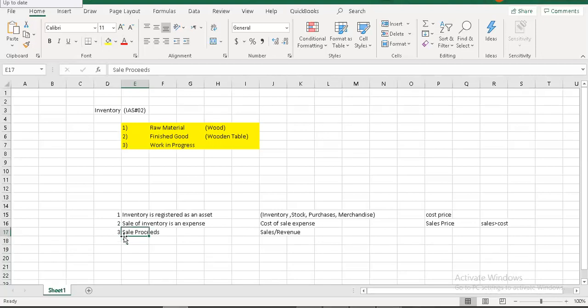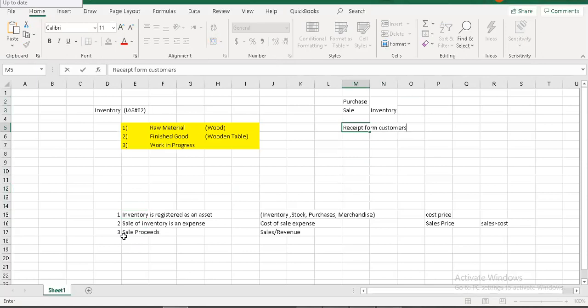However, my dear friends, in QuickBooks, you are not required to perform journal entries regarding purchase of inventory or regarding sale of inventory. Similarly, you are not required to make any entry in QuickBooks for receipts from customers regarding inventory, that means the sales that you have made.